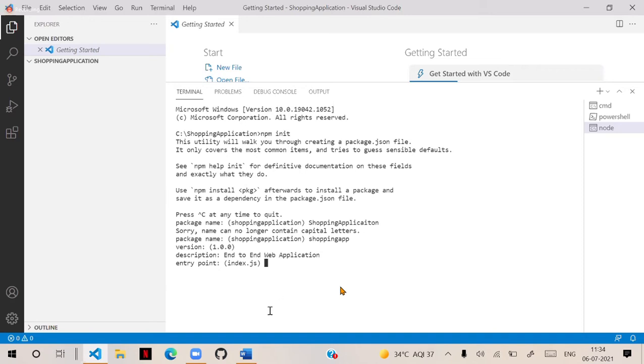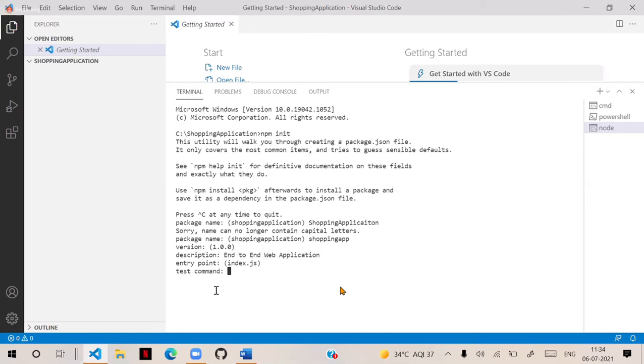Next step, it is asking entry point. That means, do you want to configure any starting point for this application? Still, we haven't learned what is a starting point, how to keep the starting points and all. So we will ignore this. Later we will learn what is the starting point, how to start with the application. In that case, we need that later. Later we can add it manually. Remember, these are all details you can customize. You can change later also. So I will skip the entry point, hit enter.